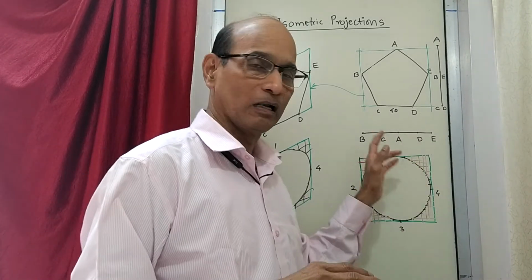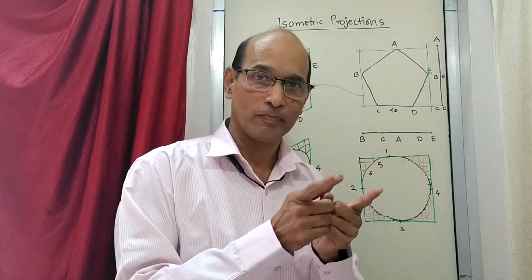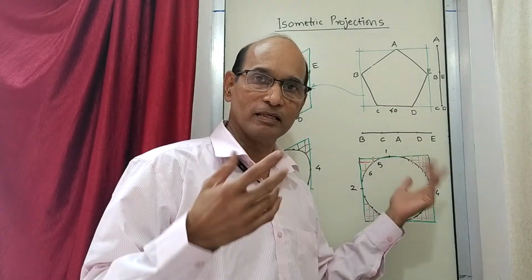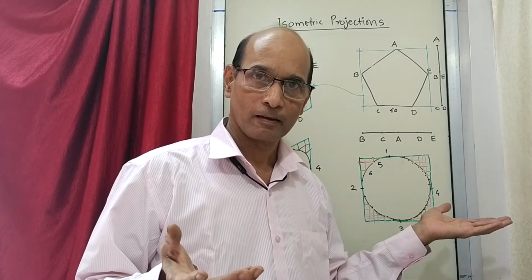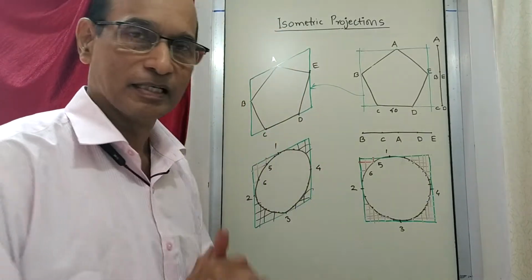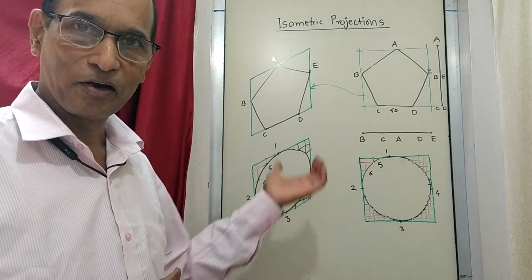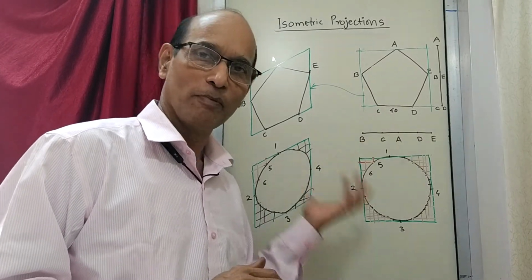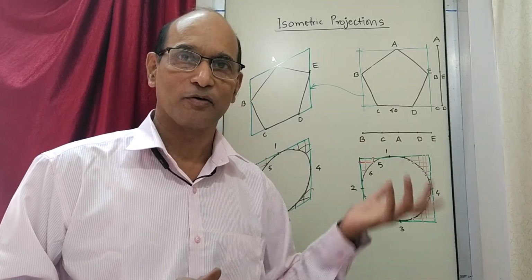Once we know the procedure for drawing a pentagon, the same procedure we have adapted and drawn a circle, because a circle is nothing but a polygon. This is a polygon of 5 sides. This is a polygon of infinite sides. Correct? So the procedure is here. Is it simple? Can you draw a circle like this? If you apply this procedure, you will be able to draw the circle. There is nothing wrong, and you can draw a circle.